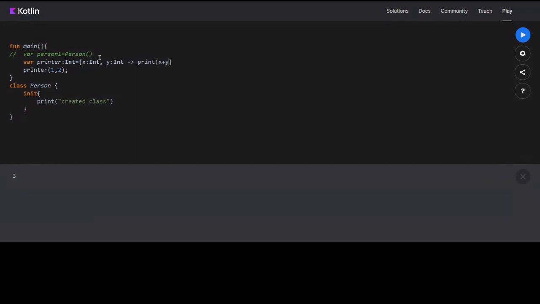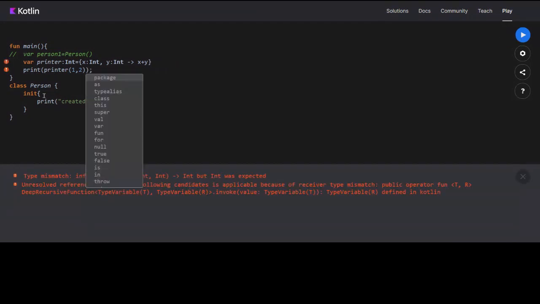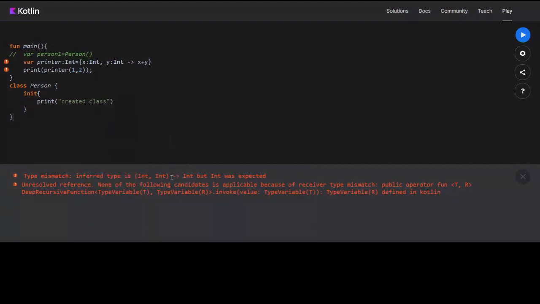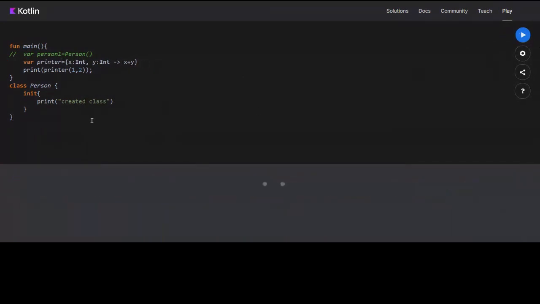So if you say x plus y and print printer of 1 comma 2, it says it is expected to infer type int, so you can't try this. I think you don't need to define the type of the return statement, you only define this one.